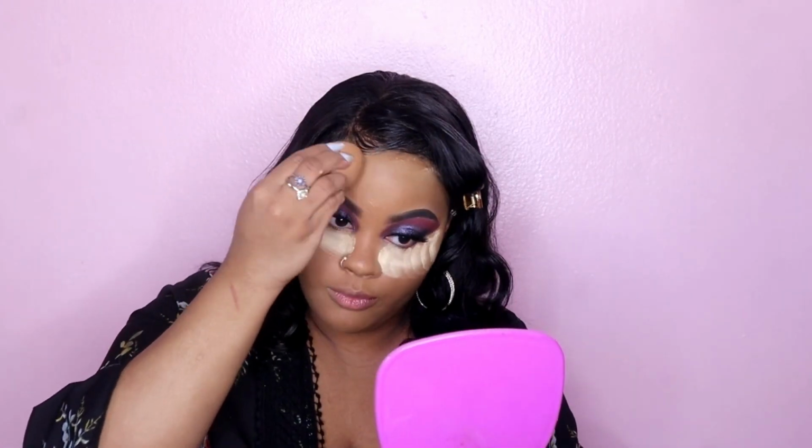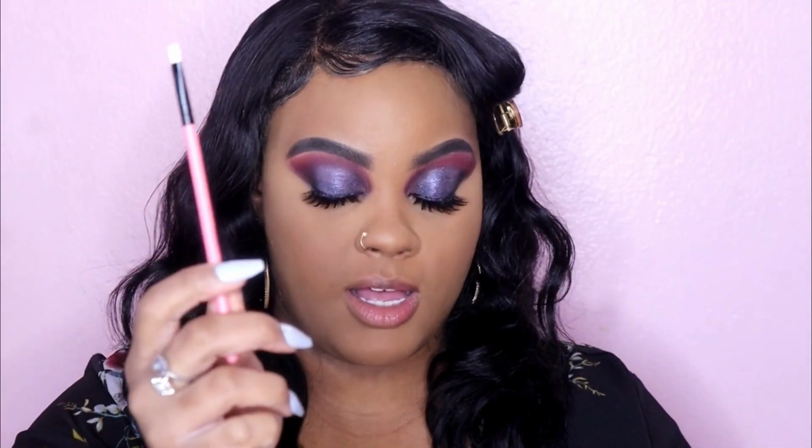So right here is the AOA Perfect Setting Powder, and this is just the banana translucent what have you. I've had it for a while and I've actually really liked the finish, so I wanted to show you guys on camera. So using a flat definer brush that I've got from my Lashy box,